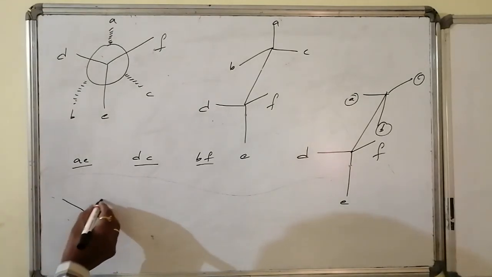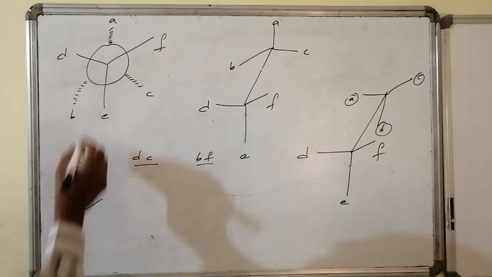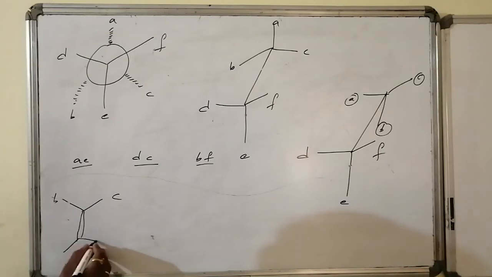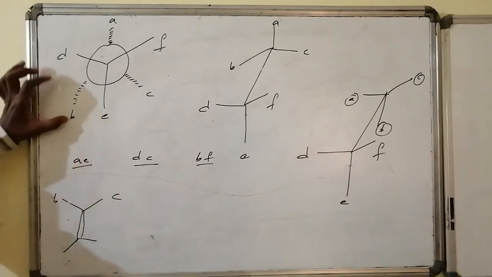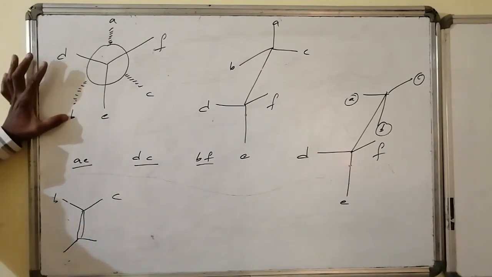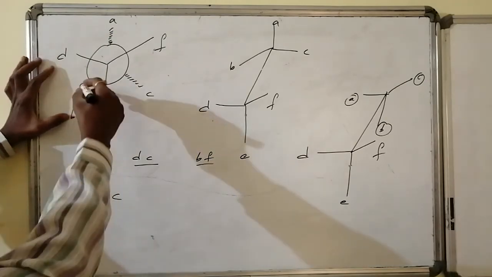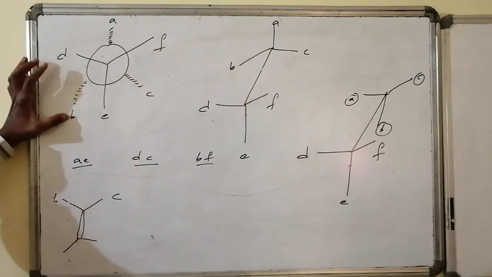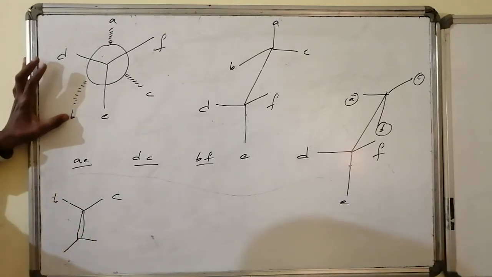Then one carbon atom has a combination of, after elimination of A, what are the valencies present over there? B and C are the valencies. And this valency becomes a double bond, followed by the remaining two valencies present on the front carbon atom after elimination of E: D and F are present. So which side D should be, which side F should be, can be known. See here B is there. B is giving competition with D and F. For B, D is present 60 degrees apart, whereas F is present 180 degrees apart. So 180 degrees apart is the maximum distance it is maintaining in the planar structure also.